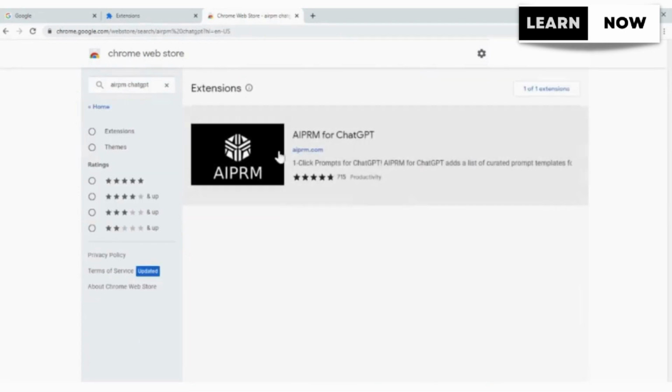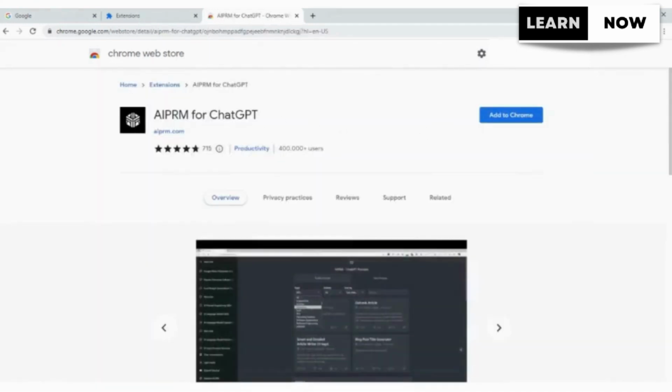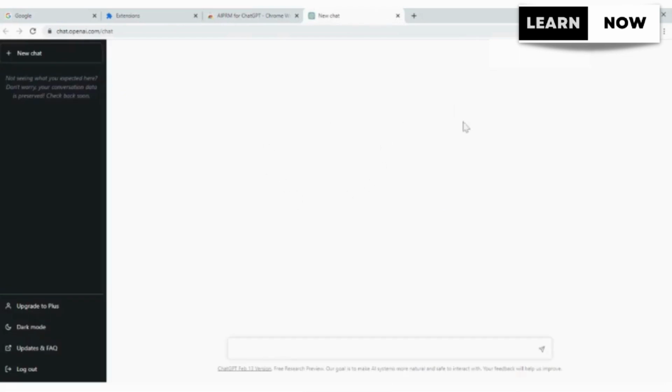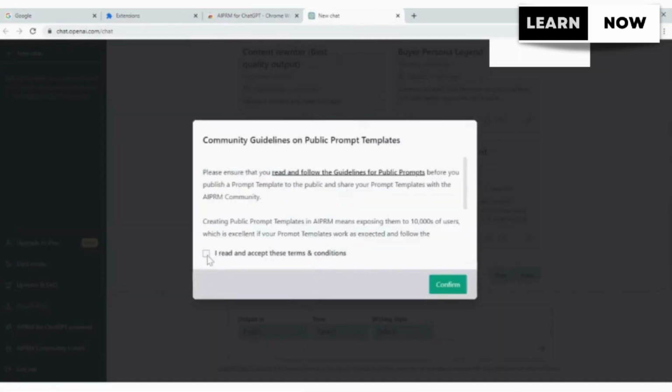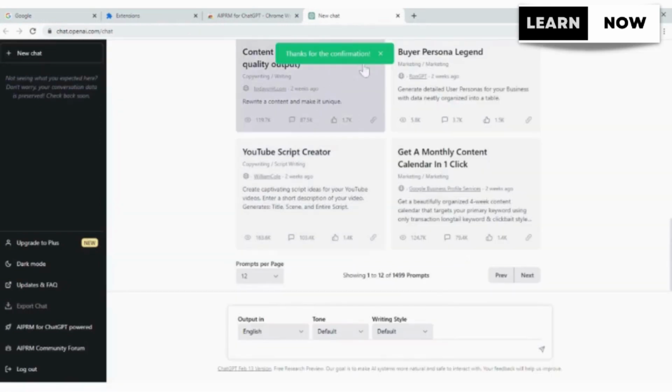So once you have located the extension, you need to click on it and install it. Add it to your Chrome browser so you can start using it. Once you do, it will probably ask you to log in to your OpenAI account for ChatGPT. You have to put your username and password there, and then maybe refresh or reload your ChatGPT. And once you have downloaded it, this is the screen